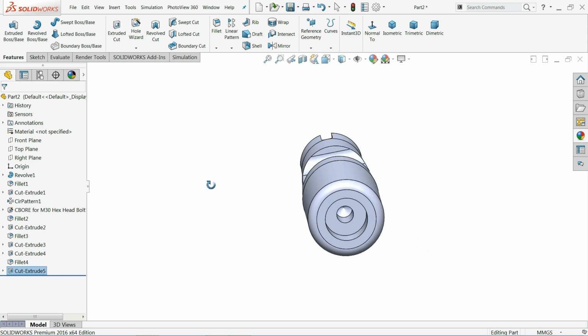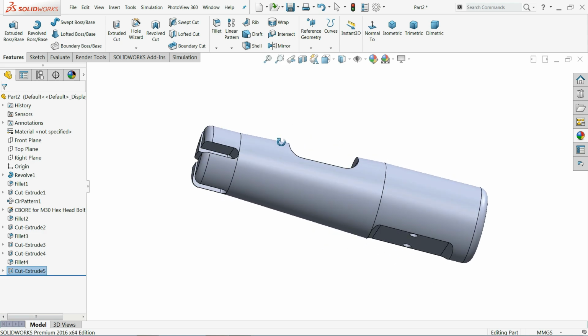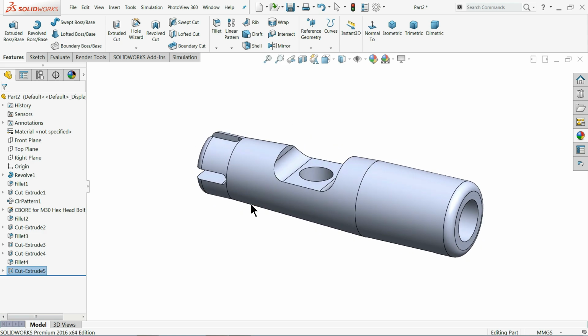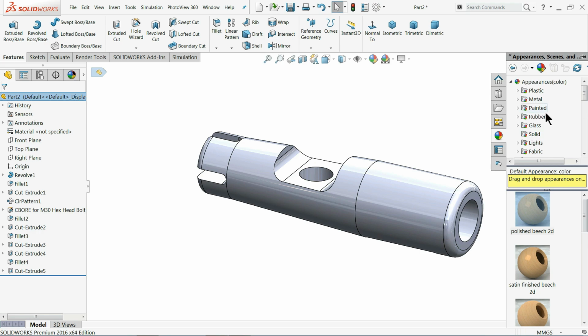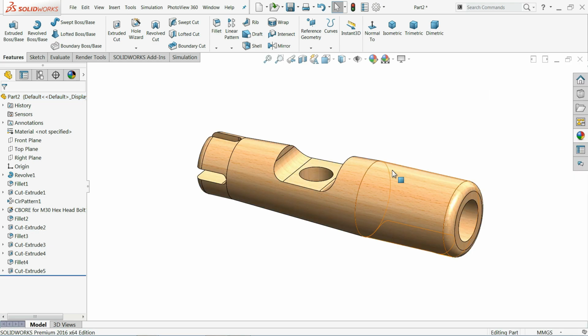So our main body, or what we called fuselage, is ready. I'll select real view, edit appearance. If you go to appearance, go to wood, bridge, beach, and polished beach. Oh, that looks fine.